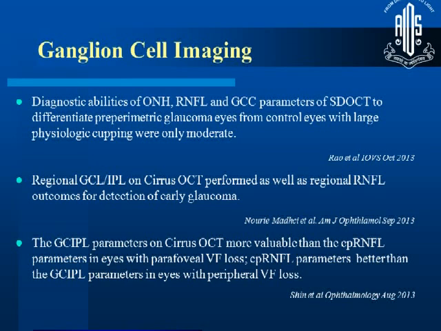Now this is something which we need to look at: if there is peripheral visual loss, then the RNFL is better, and if there is central visual loss, then the ganglion cell layer. Intuitively it seems logical why it should be, because the ganglion cells would be concentrated in the macular area, so we can't make blanket statements that ganglion cell imaging is better than circumpapillary. We need to correlate that to where the functional loss is as well.